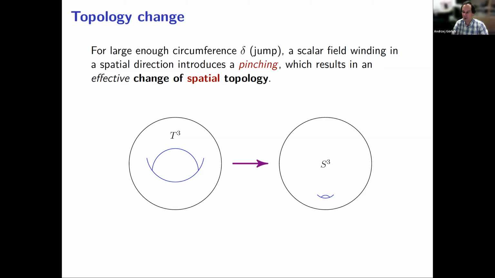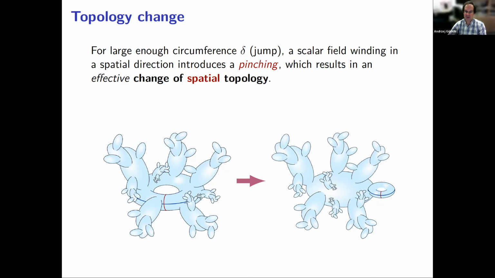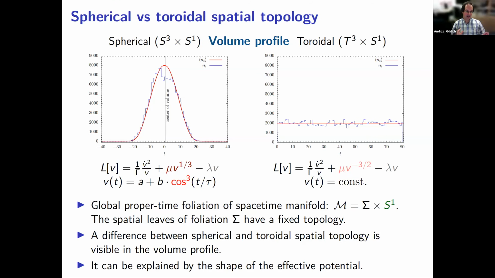Technically it always has to be a toroidal one, but this thing here can be very small, and then it's irrelevant when measuring some expectation values. So this means that the central part with the hole, or the genus, just shifts to a very small outgrowth, which becomes irrelevant when measuring global properties. And we already know what the expected volume profile is when the spatial topology is spherical and when it's toroidal.